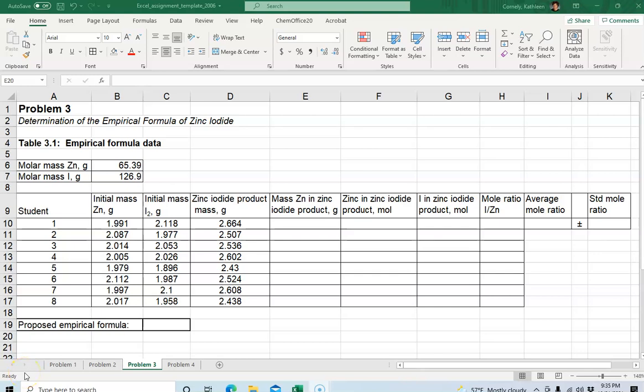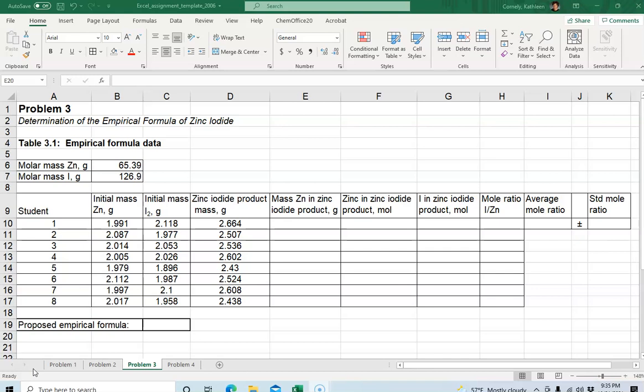Hello everyone. Today I want to show you some features of Excel. Specifically, I want to tell you about absolute references, but I'm going to show you a few other little things along the way. So to illustrate this, I'm going to do a problem where I'm going to determine the empirical